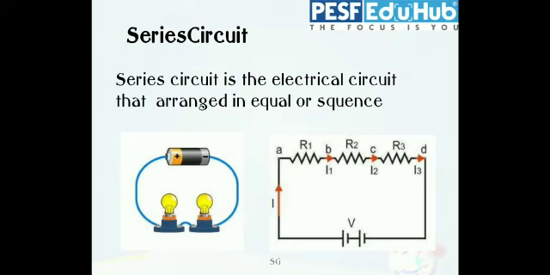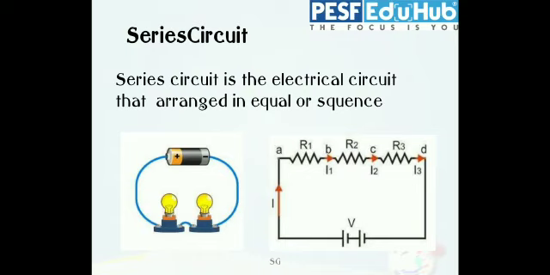Okay, so it's similar to the flow of an AND flow, right? Is it clear? In another way, suppose the resistance R1 has two terminals A and B. You just mark B as the head and A as the tail. In the similar way, R2 has C as head and B as tail, and R3 has D as head and C as tail. For a series circuit, the head of one resistance is connected to the tail of the other. Okay, and it is connected to a common battery V.